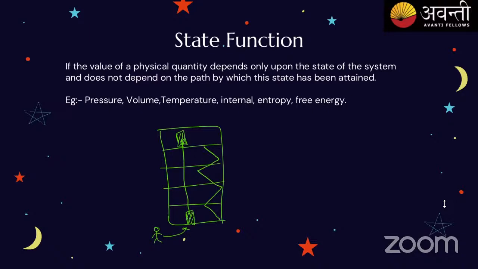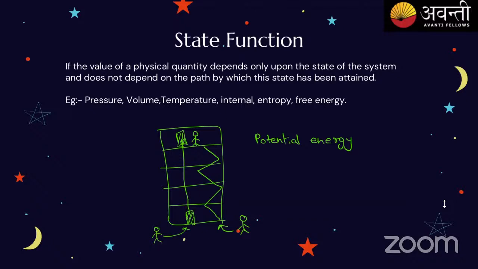So here, let's see the property called potential energy. If we see the potential energy, what is happening? The initial state is on the ground and the final state is the highest floor, in this case the 5th floor. The potential energy is increasing as the height is increasing. Here you will not be saying whether you are taking stairs or the lift. Both will have the same potential energy because the height from the ground is the same in both cases. Clear, everyone? Now, the path function is different here.